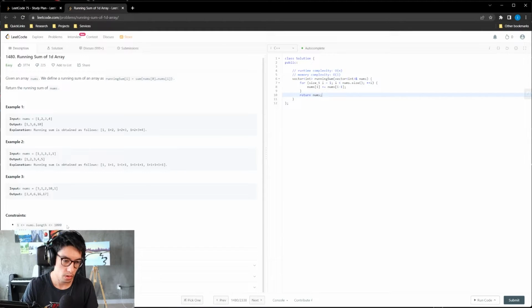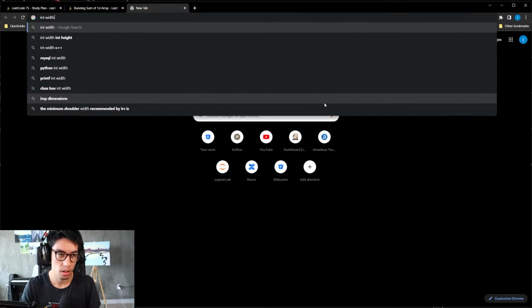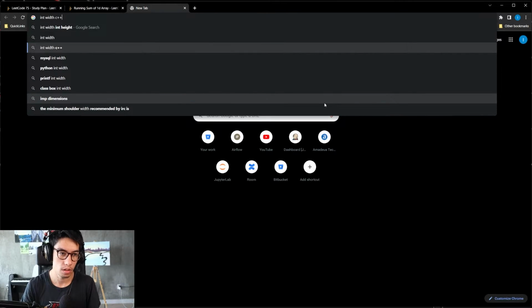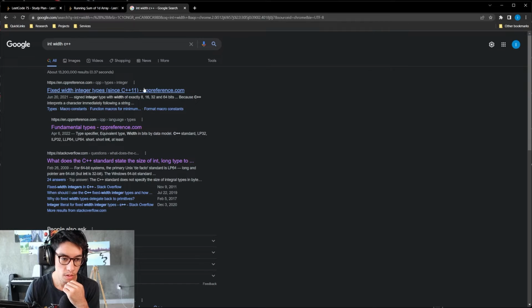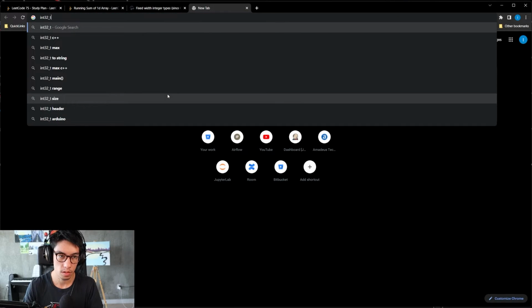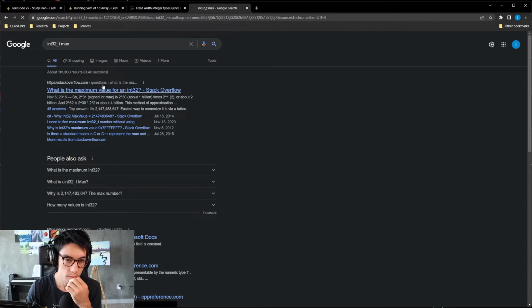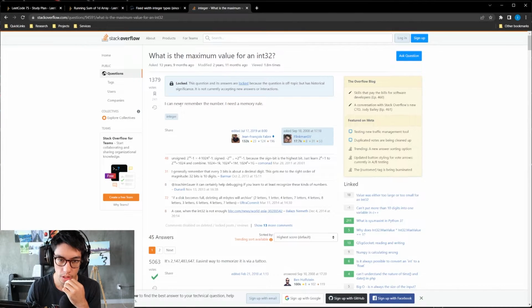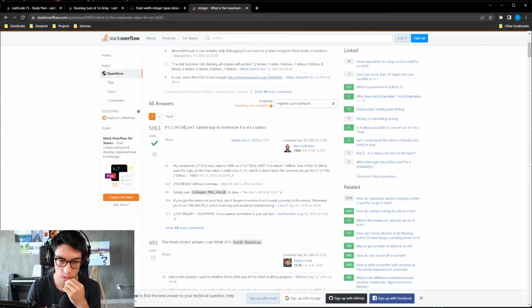It doesn't look like there will be an overflow. Consider the int width. If it's 32 bits, we can get to 2 billion.